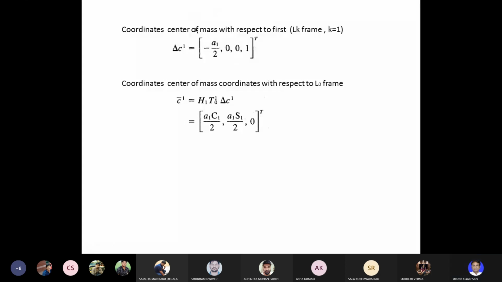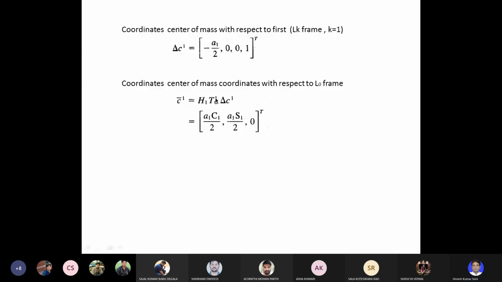So this is actually a column vector. If we want to write it as a row vector, then we take the transpose of this column vector. So here the coordinates of the center of mass with respect to the L0 frame are given by